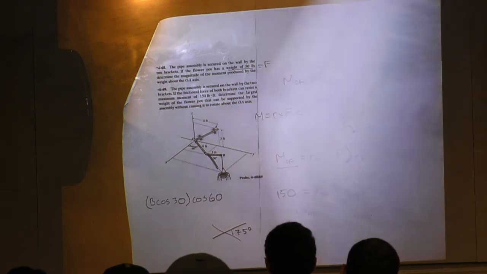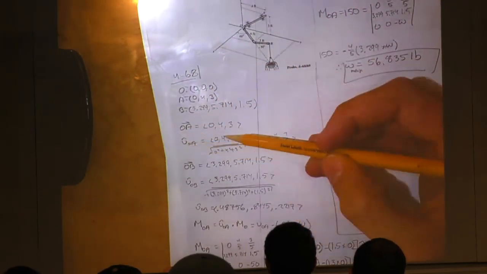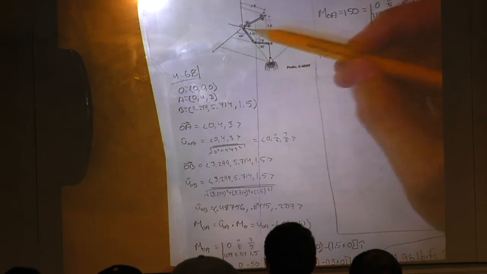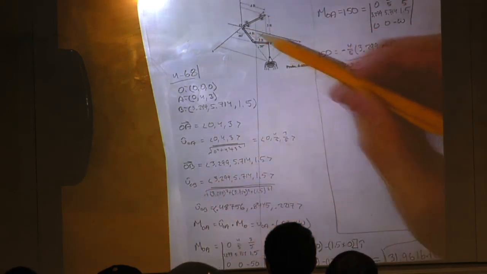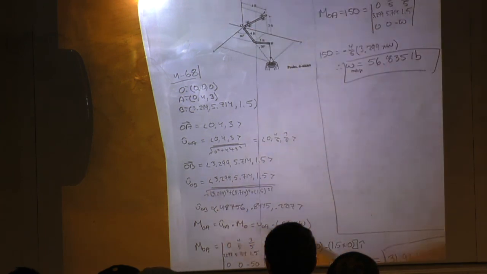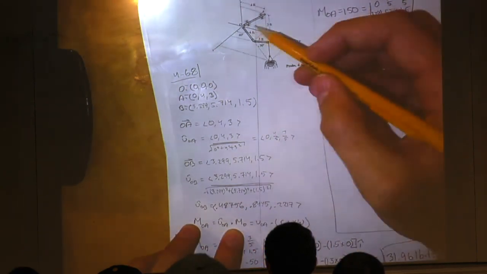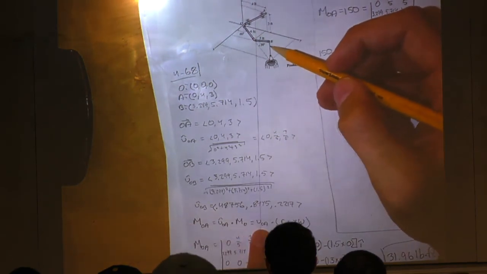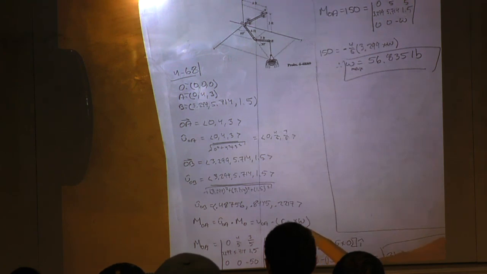So what I did here, I guess I'll just show you guys this, was I found my points, right, and then I found my vectors. So I found my unit vector O to A, and then I found my position vector O to B, from this point to this point. I found my unit vector O to B, and then I said that my moment O to A was equal to the unit vector of O to A, dotted with the moment about point O. Right, so that's where it is here, OA dotted with unit vector of O to B, crossed with my weight,